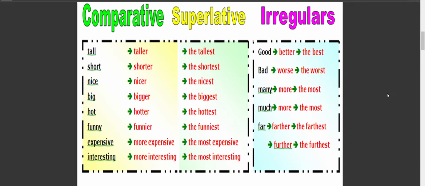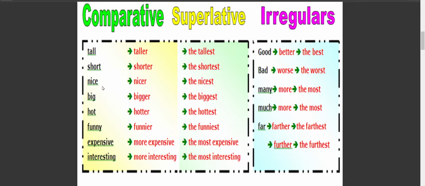So we have here tall, short, nice, big, hot, funny, expensive, interesting. هذه الكلمات موجودة في اللون الأسود. Right? Comparative, superlative: taller, shorter, nicer, bigger, hotter, funnier, more expensive, more interesting. هذه الكلمات مهمة جدا، وأحيانا some students make some mistakes. بعض الطلاب يرتكبون بعض الأخطاء، ولذلك مطلوب منكم ترجعوا تقرأوها مرة ثانية وتركزون عليها أكثر، تشوفون الفرق بينها. مطلوب منكم فقط الموجود في هذا اليونت.